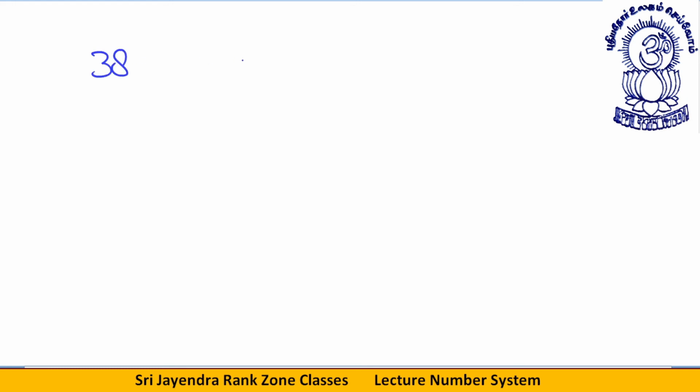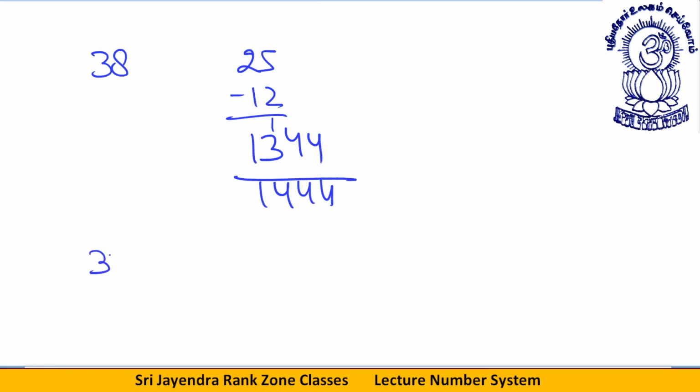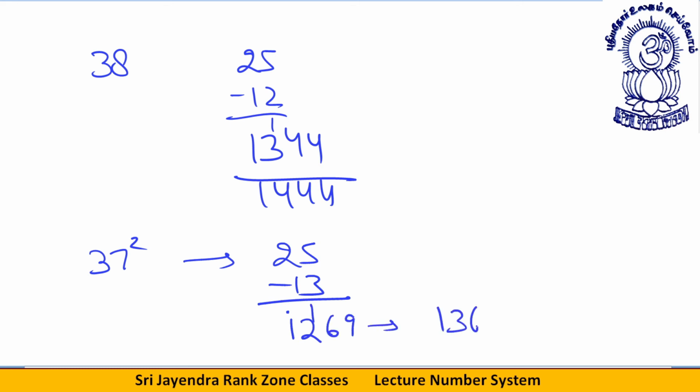38 square can also be found by this method. 25. This is 12 less than 50. Subtract 12. You get 13. 12 square is 144. You get 1444. 37 square. Okay. Earlier, the bank account numbers used to be 4 digits, so one of my bank account numbers was the square of this number. Look. 37 is 13 less than 50. It becomes 12. 13 square is 169. You get 1369. A very easy number. 1 triple then 3 table, 369. This way. Getting it?